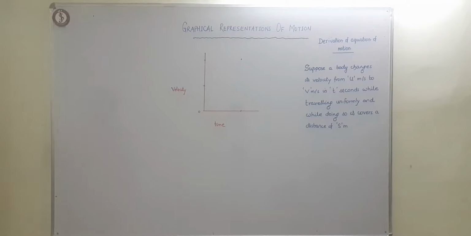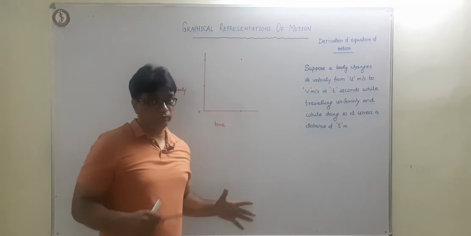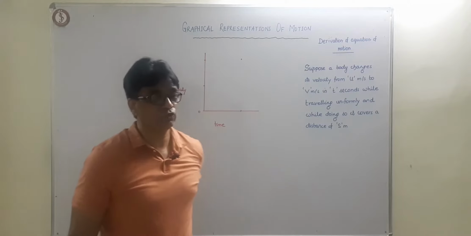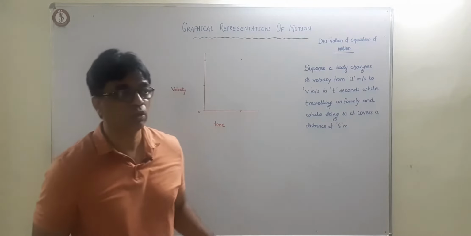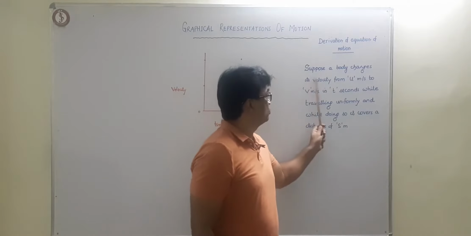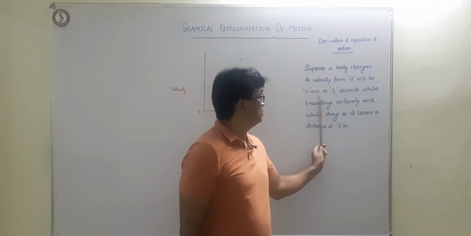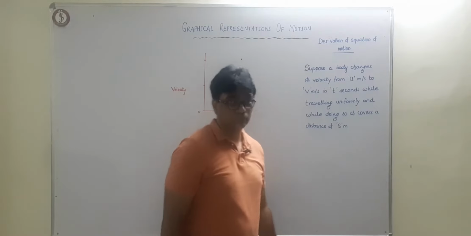Now we are into the most important part of the motion chapter. Derivation of equations of motion comes always either through a graph or directly without a graph. In both cases you have to write this statement: suppose a body changes its velocity from u meter per second to v meter per second in t seconds,